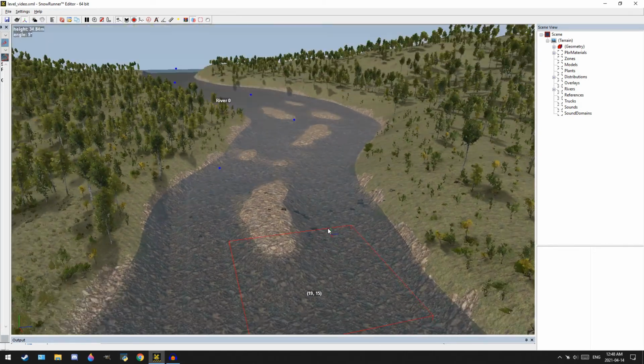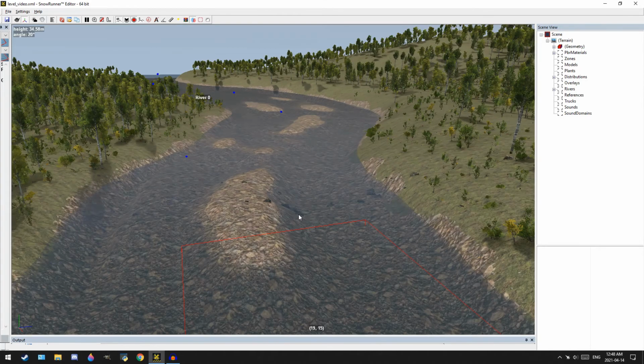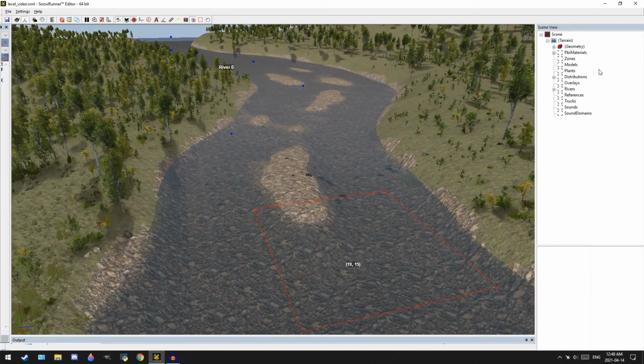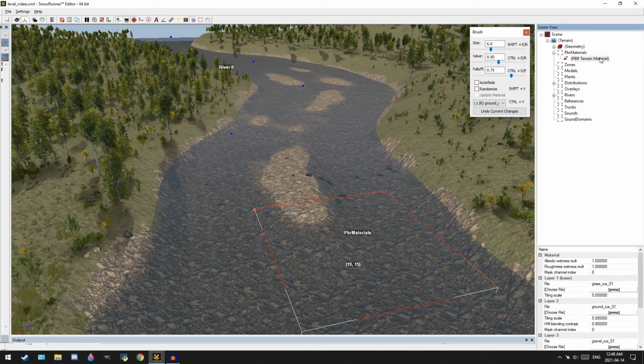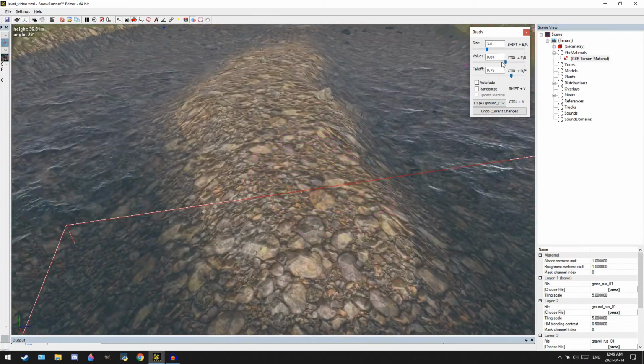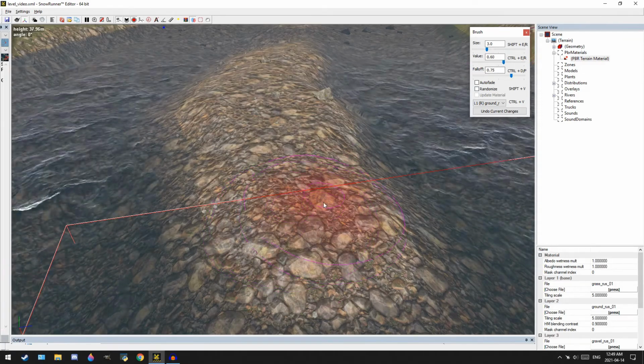So now we got the starting of a bit more rivery looking place. So the next thing we're going to do is grab our PBR material. We're going to have ground, put that probably about a 70. We're going to leave the brush at 75 because we want to feather the grass in a bit. We're going to use about a 3 brush. I'm actually going to put the value back down to 60. I'm just going to lightly,